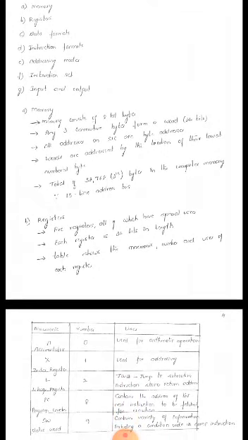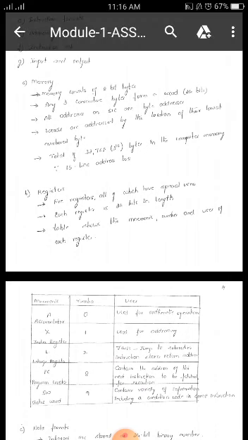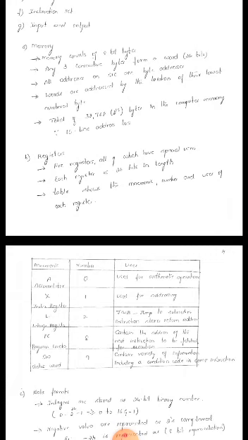Coming to the memory on SIC machine. Memory is always an 8-bit byte. As you are all aware, 1 byte is equal to 8 bits, and 3 consecutive bytes form a word in SIC machine. And all addresses on SIC are byte addresses. Here there are totally 2 power 15 bytes of address in the SIC machine. What do you mean by 15 over here? That is address lines, as I said previously. So 15 represents the number of address lines.